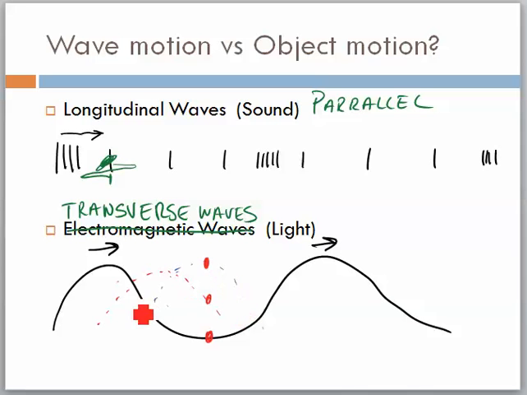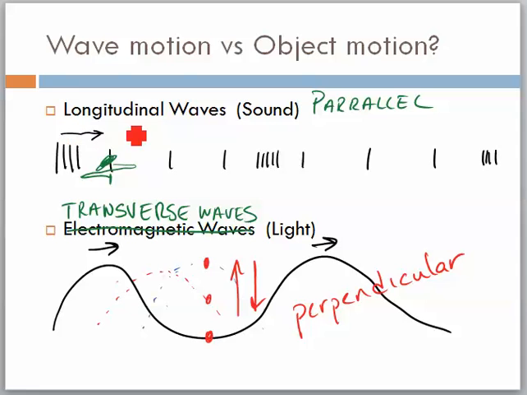What would happen as this wave went by then? It would work its way back down. But what I want you to see here is that the piece of tape would be moving up and down, and this is what we call perpendicular, obviously. We'll have some much better examples of this tomorrow in class. But the main thing here is a longitudinal wave is going to travel parallel, and in a transverse wave, the particles are going to move perpendicular to the flow of the wave.